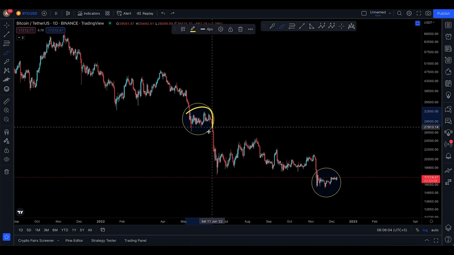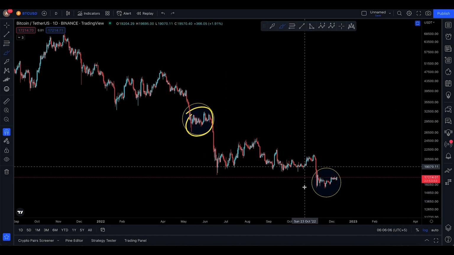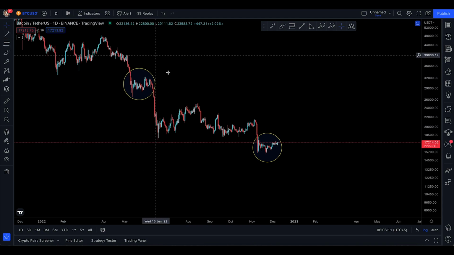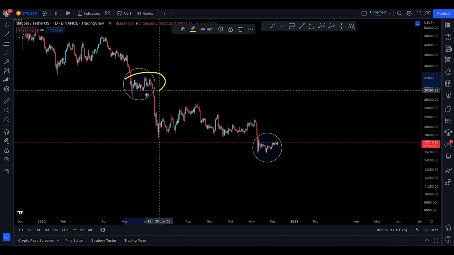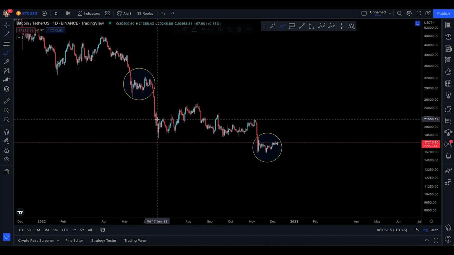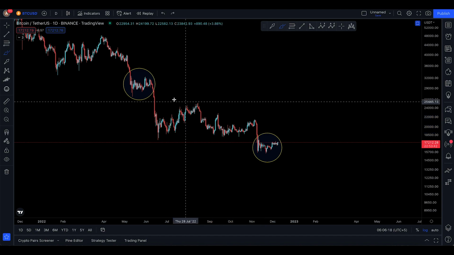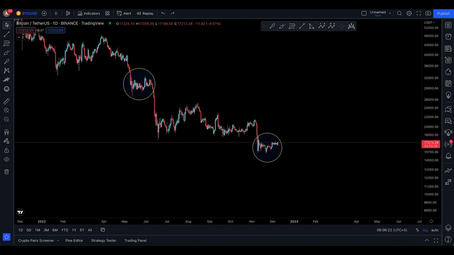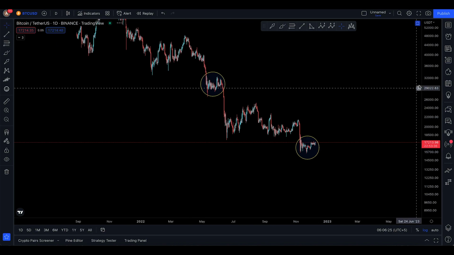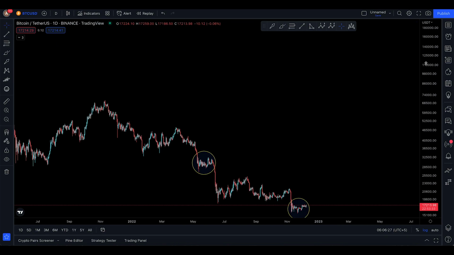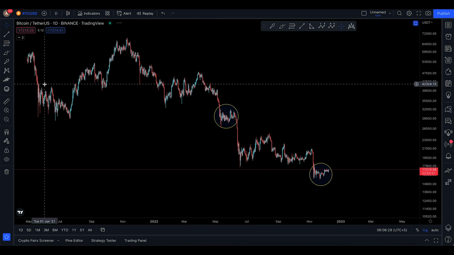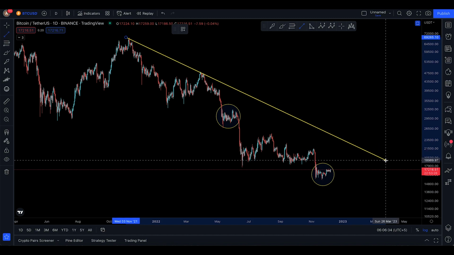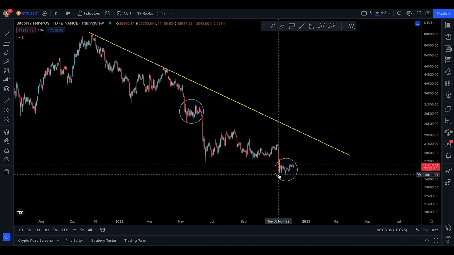This time it's not different when I say that this here and this here, to me, are starting to look very identical. Now, what makes it look like this and not like this extended one? Why could it be like this and not like this? Well, there are more technical reasons to that as well, and I'm going to get to that right now. Zooming out a little bit, take the trend line and let's start to draw the resistance above here, which is resistance number 1 for Bitcoin right over there.